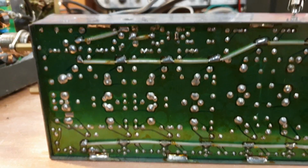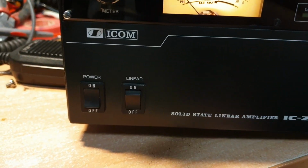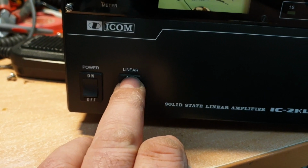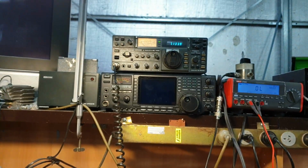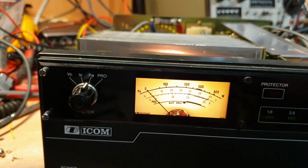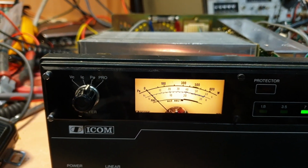And we've still got a bit of a switching issue. Now, I'll tell you what the switching issue is. I don't mind being a bit honest here. Have a look. Linear off, linear on, linear on. Comes back, linear off, but there we're getting hello. So we've still got a little issue there,